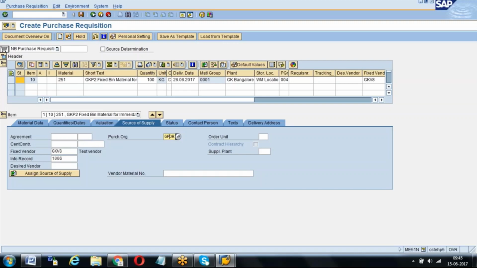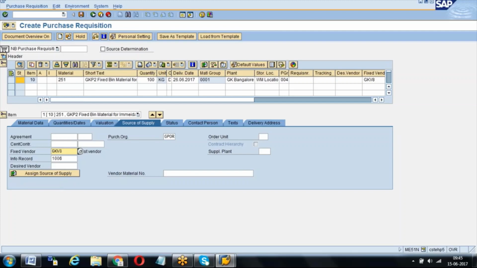Okay. But what is his question is, when I create a purchase requisition either manually or else it is coming from the MRP, whatever different kind of sources, I don't want to go and do this manually. I want the source of supply should come automatically. Okay, that is his requirement. How to achieve that? Now I will tell you. Assign source of supply as per order system has given, and we have clicked that one time.